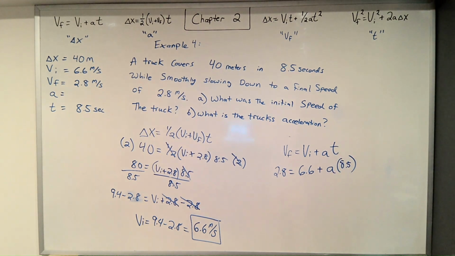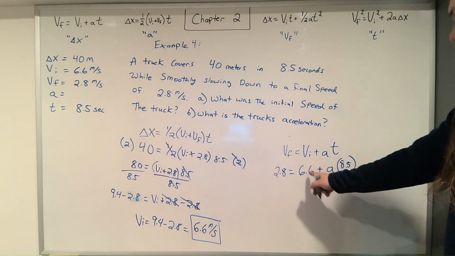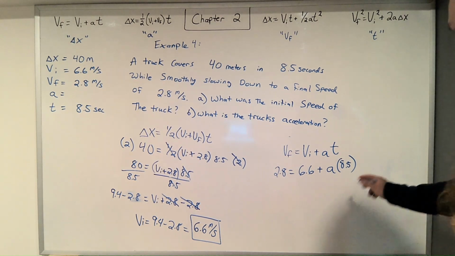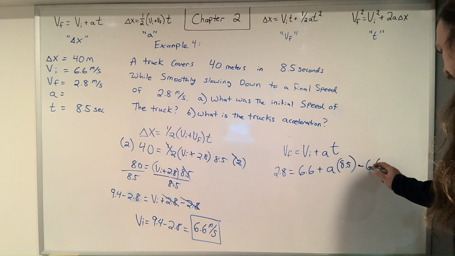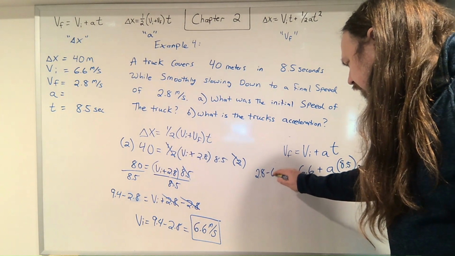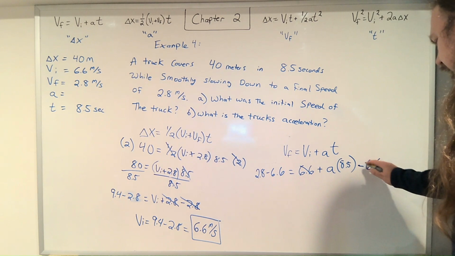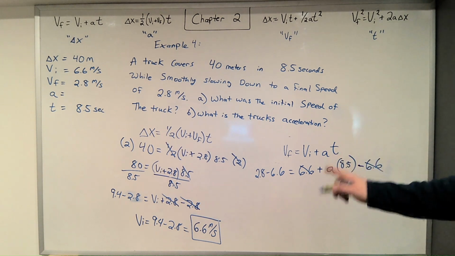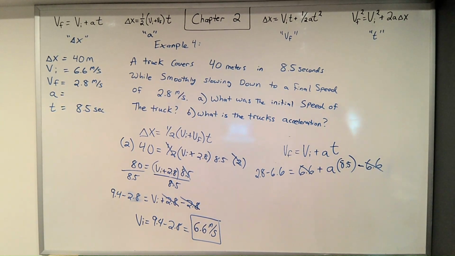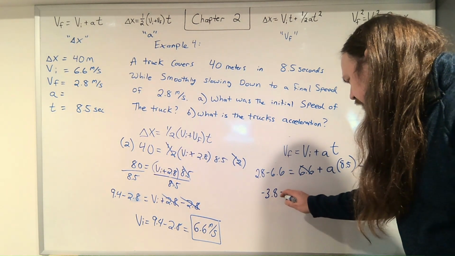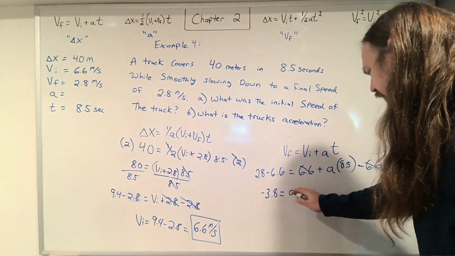Okay. So now what do I have to do for this one? Well, this is a multiplication. This is an addition. I got to get that addition out of there. So I'm going to go ahead and subtract the 6.6 from both sides. If I do that, this and this will go away. Okay. Now I'm going to end up with a negative number over there. It's a negative 3.8. Okay, negative 3.8 is equal to A